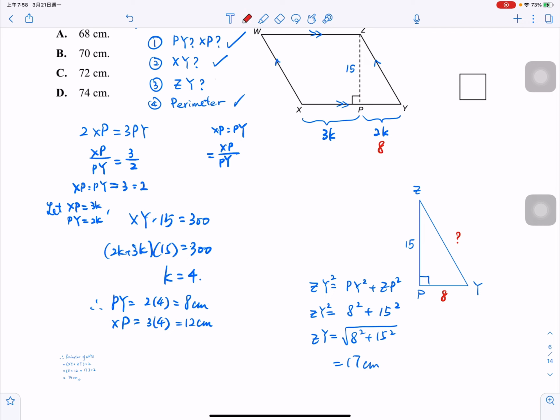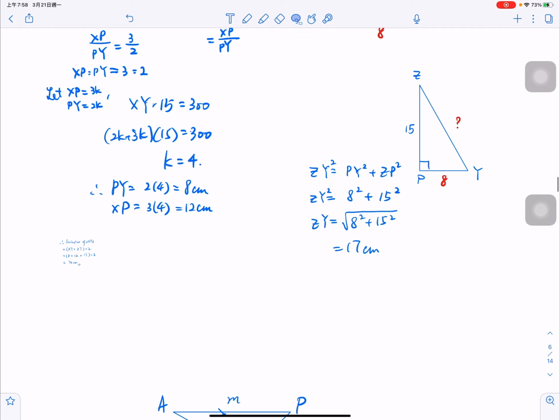Wow, you know this one also. So finally, you can find the perimeter, because this one and this one, you know it. These two opposite sides are the same, and the other two opposite sides are the same too. So finally,